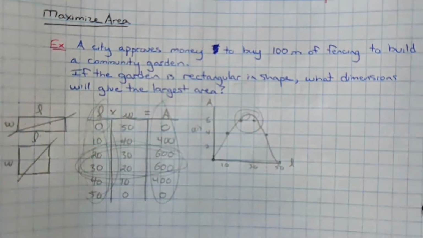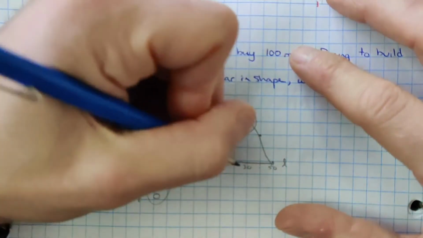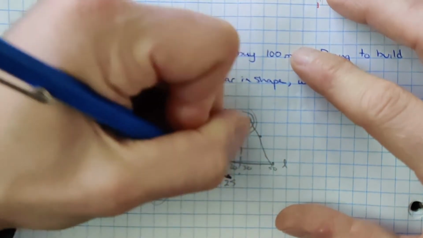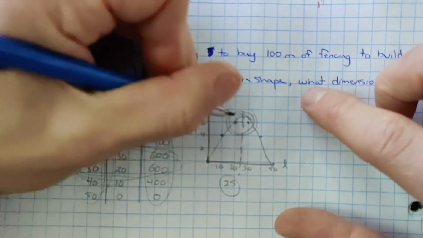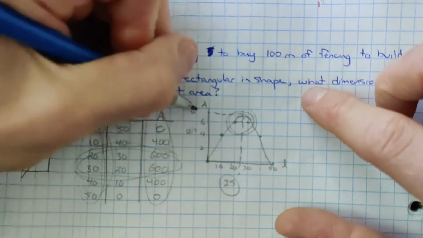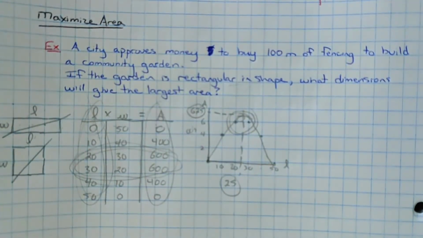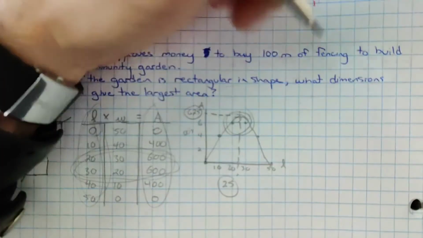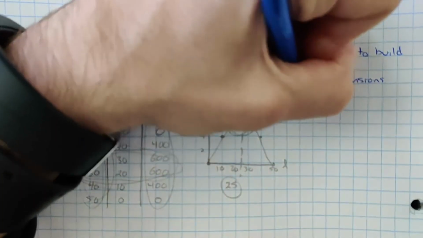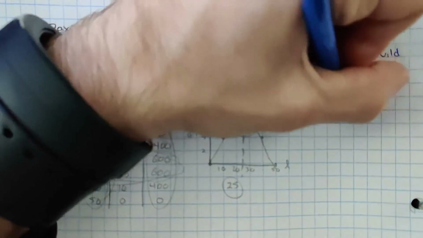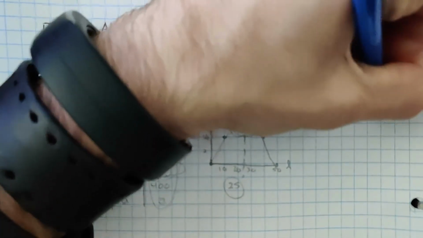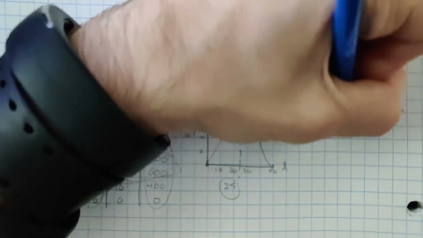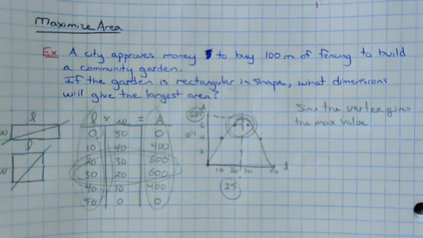So this point here, which happens right in between 20 and 30, is going to be 25, and works out to 625. The vertex of the parabola is the highest point. So what are the dimensions that give the largest area? Since the vertex gives the max value for area,